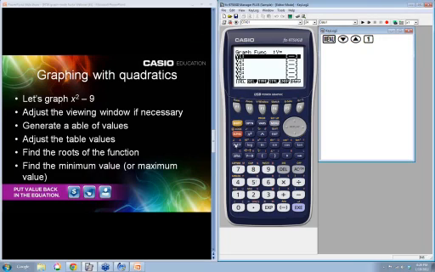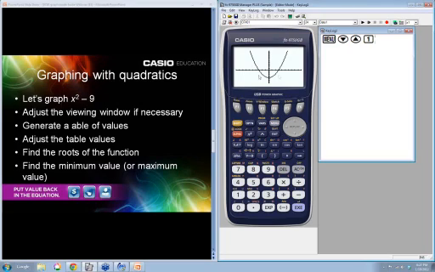My new function was x squared minus 9. So I key in x squared minus 9. Notice that's not highlighted yet, so it's not active. Execute. And now I see that that is an active equation. Want to draw it? Let's draw it. Ah, that's very pretty. This is the default window.